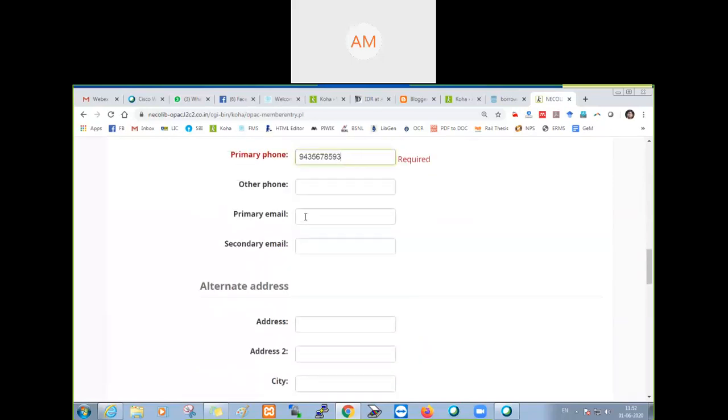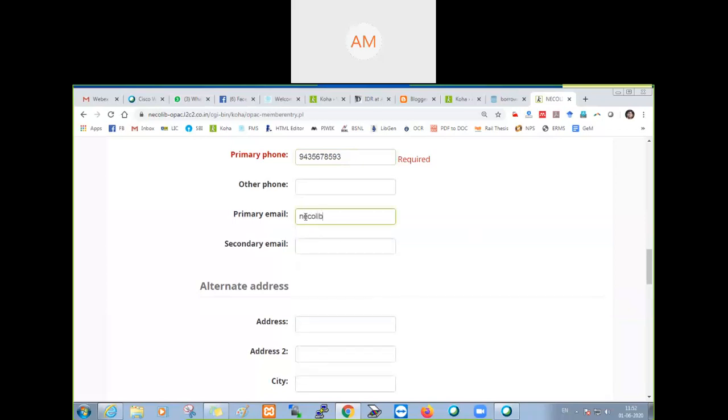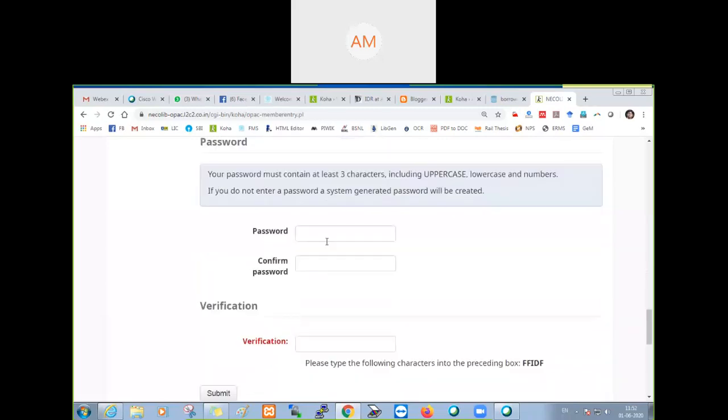I give a primary email, nekolimmedia@gmail.com I have given. Password 1234. It must have at least uppercase, lowercase, and number.